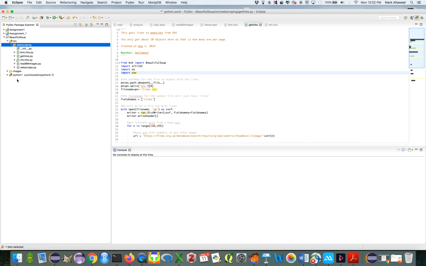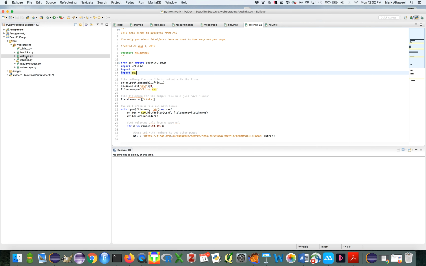Basically, the 2 main kinds of functions we'll be doing is a scraping process that retrieves a bunch of links that have references to images. These are images of specific data files. And then we also will look at the actual images, that is, scrape the images from the sites once we've obtained those references. So if we go ahead and open Get Links, you'll see this is a module that basically,